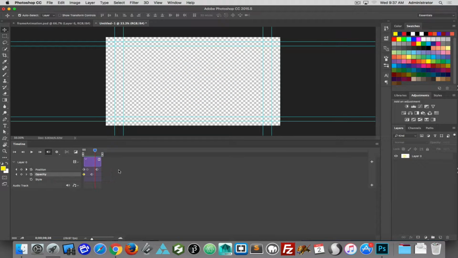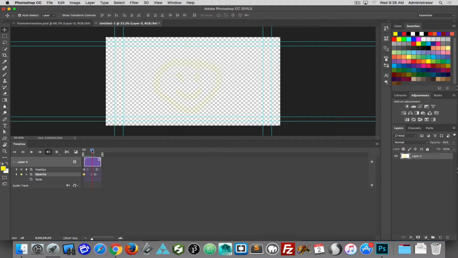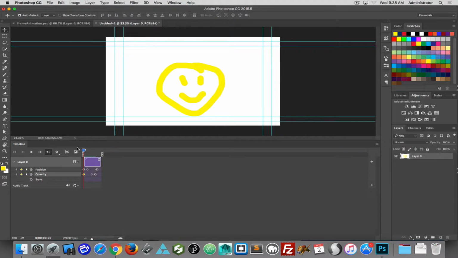Now if I want to bring it back up, go to the layer here, pull it back up to 100% so it comes back faster. Now when we play,